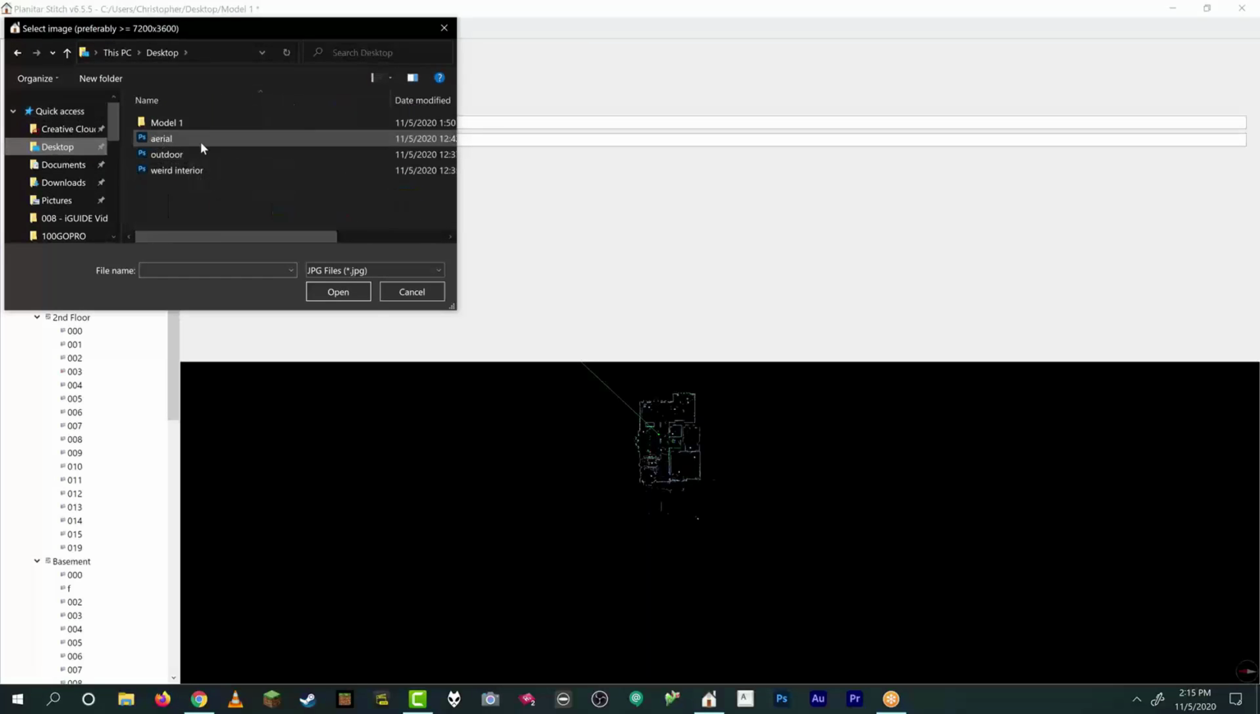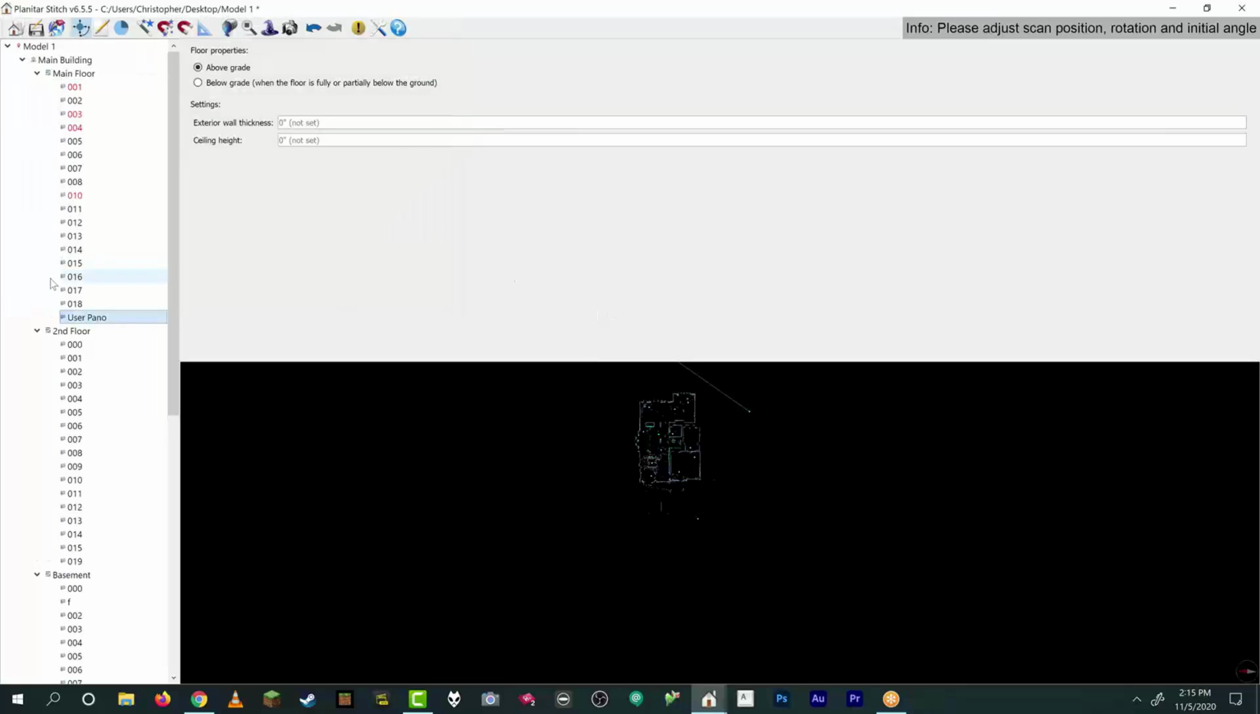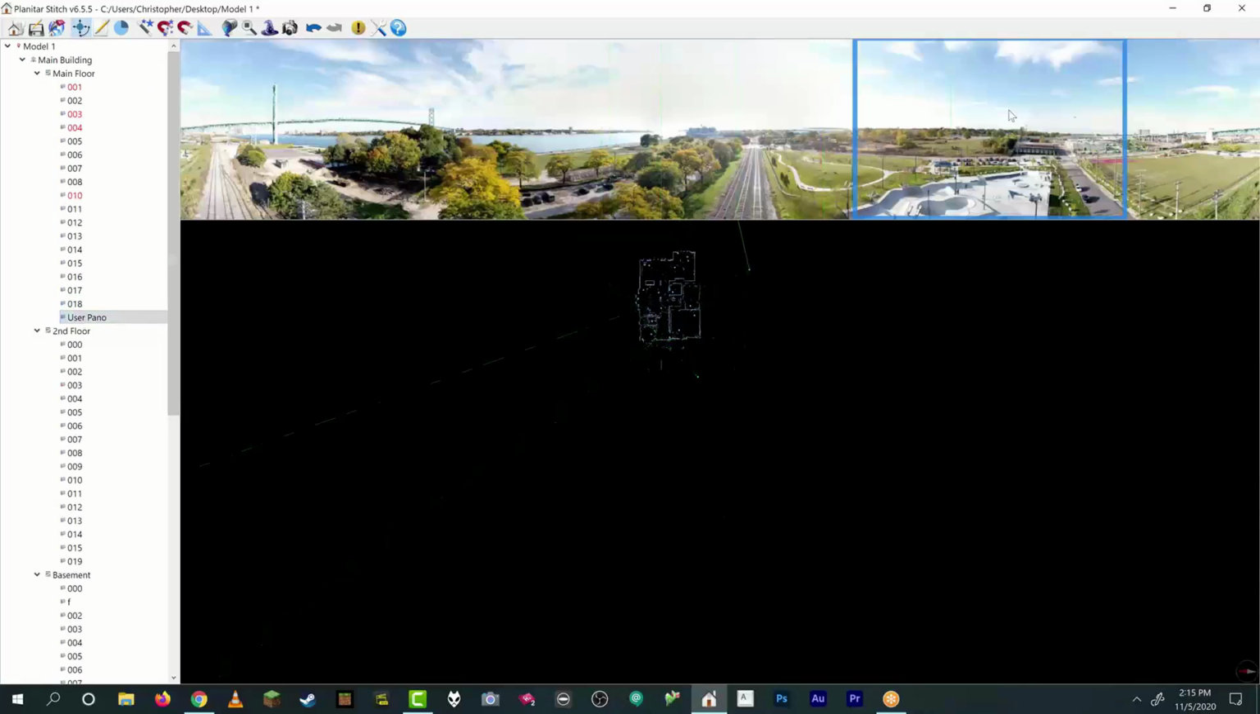And then I'm going to go to the desktop, and I have prepared ahead of time 3 samples. So I labeled one aerial. I hope that's aerial. Okay, that was easy. There you go. I've added an aerial panorama to the iGuide. Now I'm not done yet, but you can see that it's